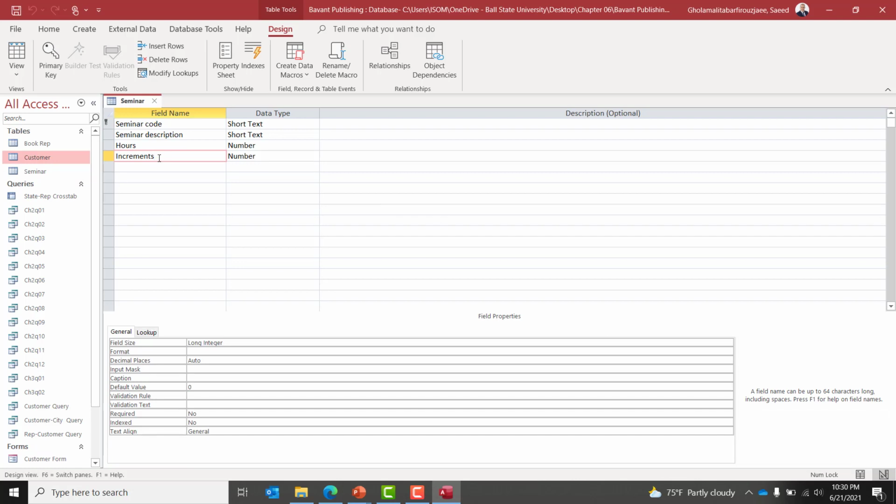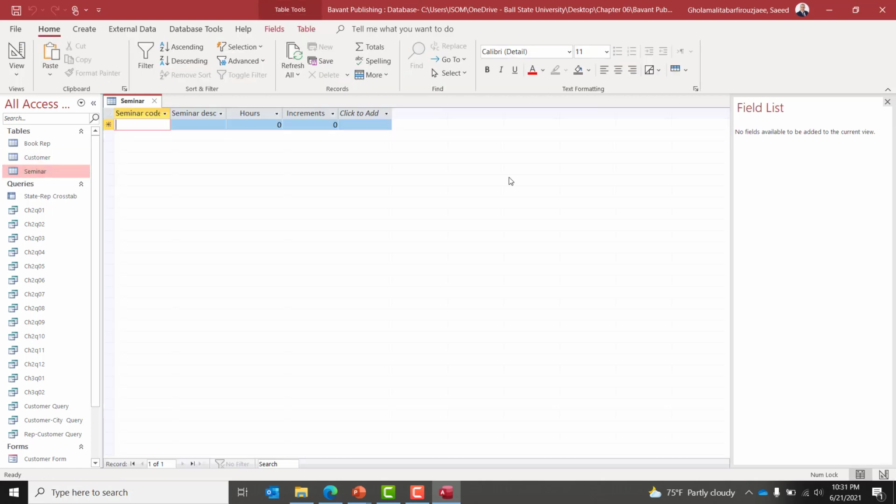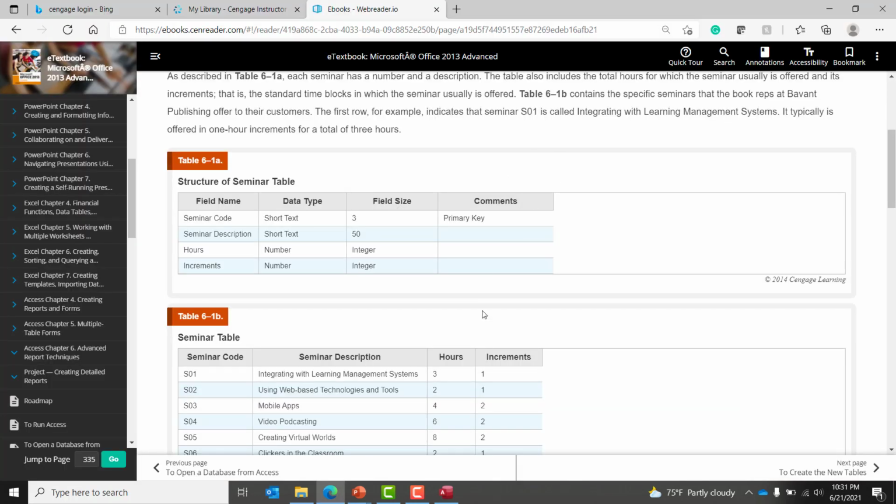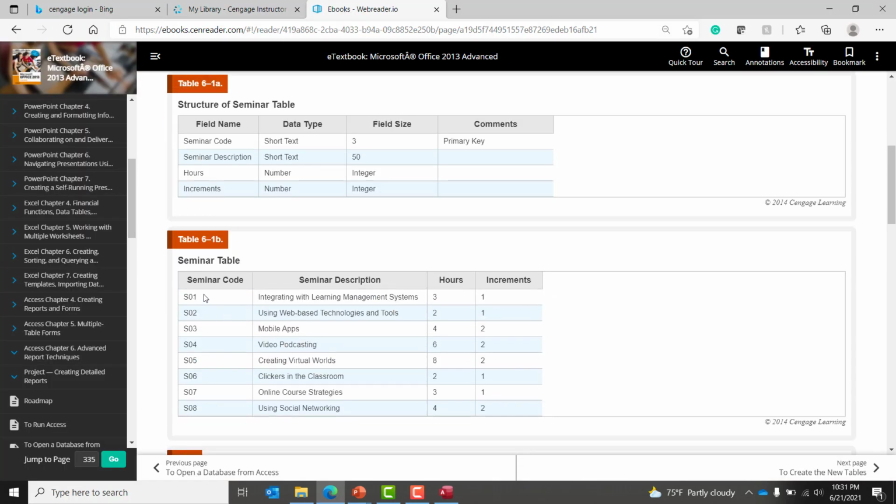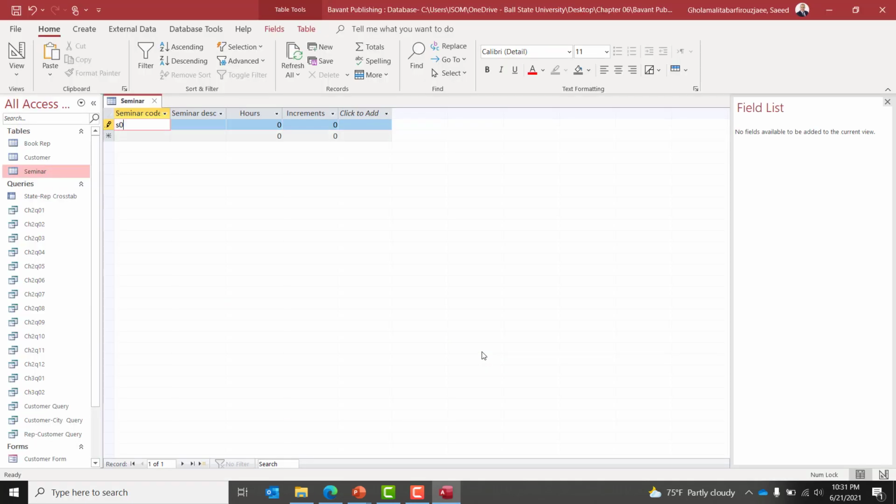So I'm going to save this table as seminar. Now I can open it in data view and enter the data manually. S01. The first column must be unique because it's a primary key, so we are not allowed to have two records with, for example, S01. It must be unique. S02, the second code. Third record, S04,